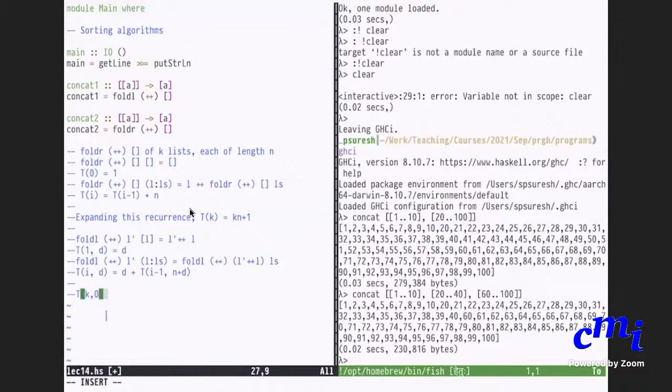The accumulator is an empty list initially. So T of k 0 is T of k minus 1 comma n, which is nothing but T of k minus 2 comma 2n, which is T of k minus 3 comma 3n. But while you are doing all this, you have to add n every step.